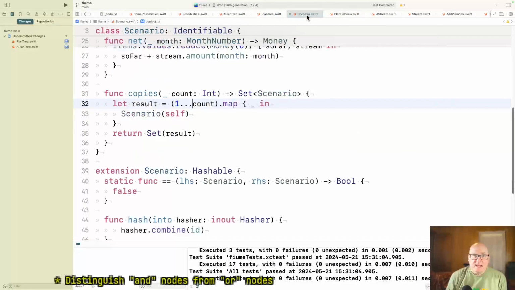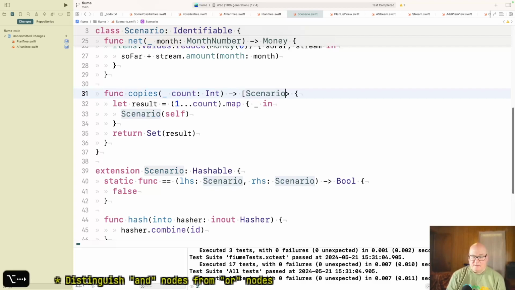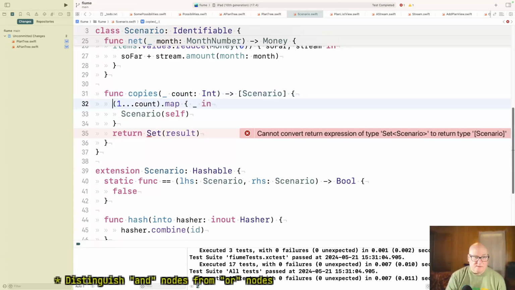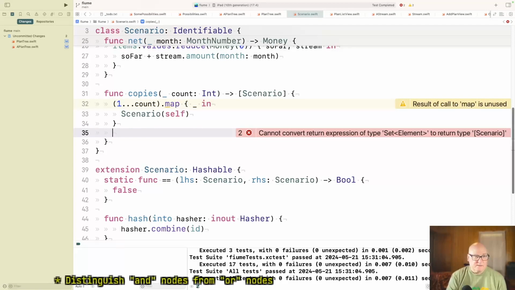Let's make that happen. I'm going to make this array of scenario. And just take the result of the map.